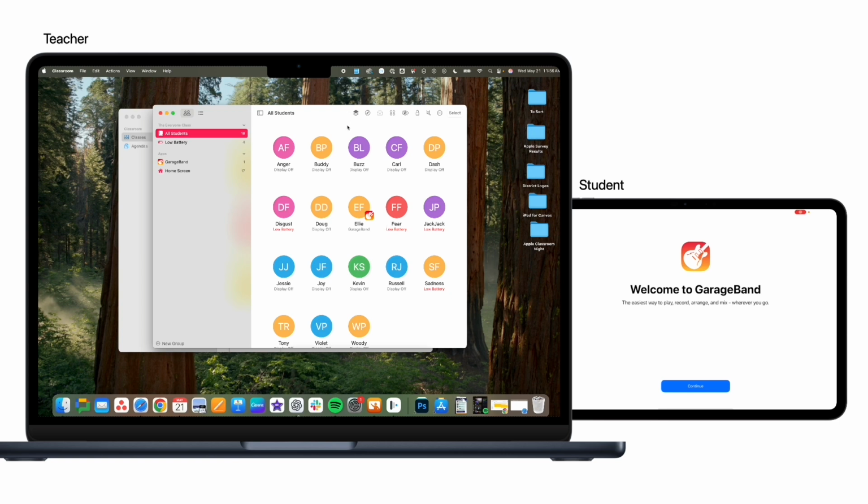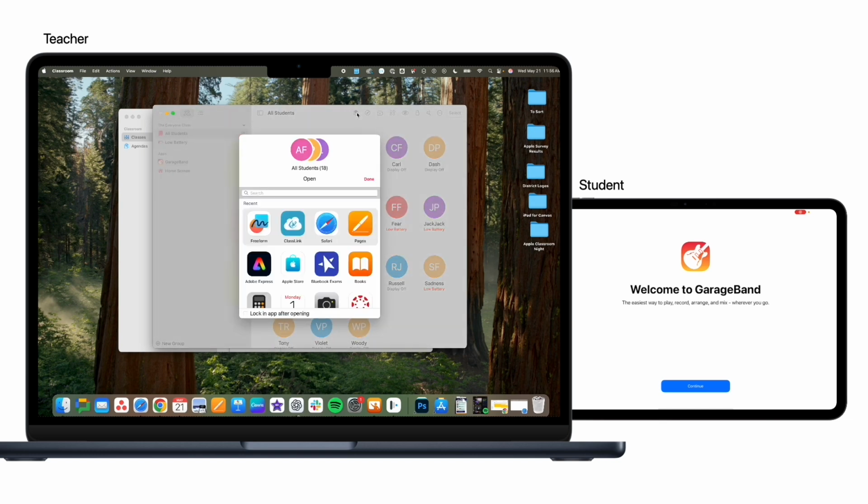Next, let's look at the different options that you have for using Apple Classroom. The first option is to open an app. To do so, you're going to click on this Open button at the top of the screen, then select an app from the list. One important thing to note here is that there's an option to lock in the app